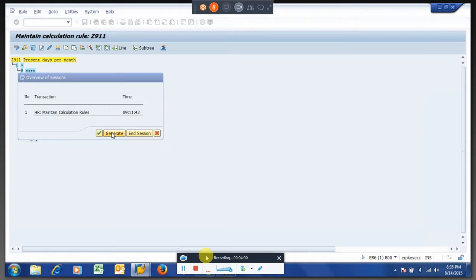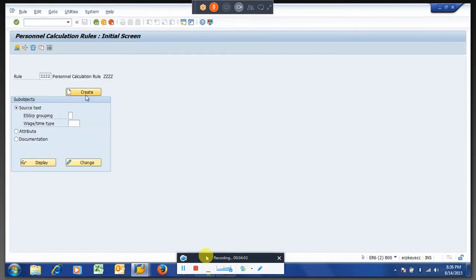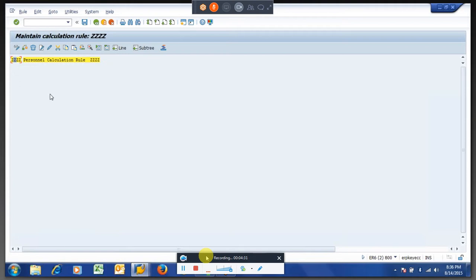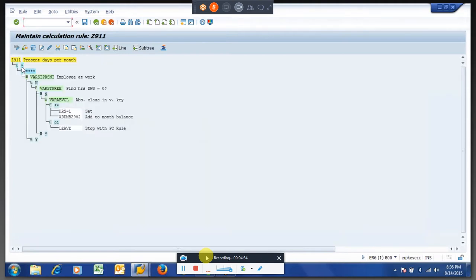Go directly to PCR, give your own text, then say create. You will first understand what characteristics you are giving. Don't copy any PCR; create from scratch. Don't copy my PCR. If you write like this, then you will get a blank screen. Come down and start creating from here. Look at what is in this rule, then write the same thing first. Whatever doubts you have, try removing or editing this.